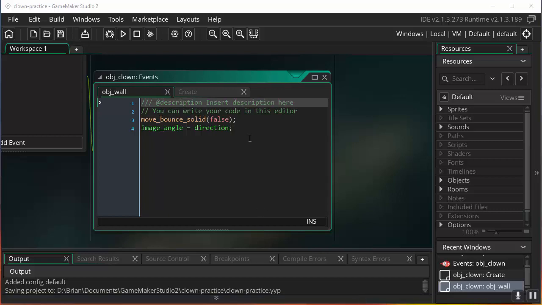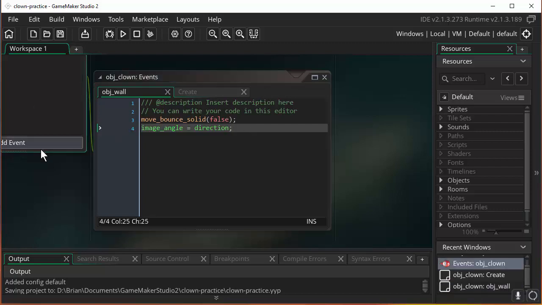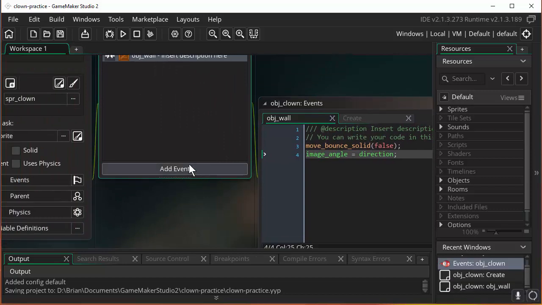All right, we're getting there. We've brought these nice sounds into our game, so let's start making use of them. I'd like to have a sound play when our clown bounces off the walls. So let's go into our collision event